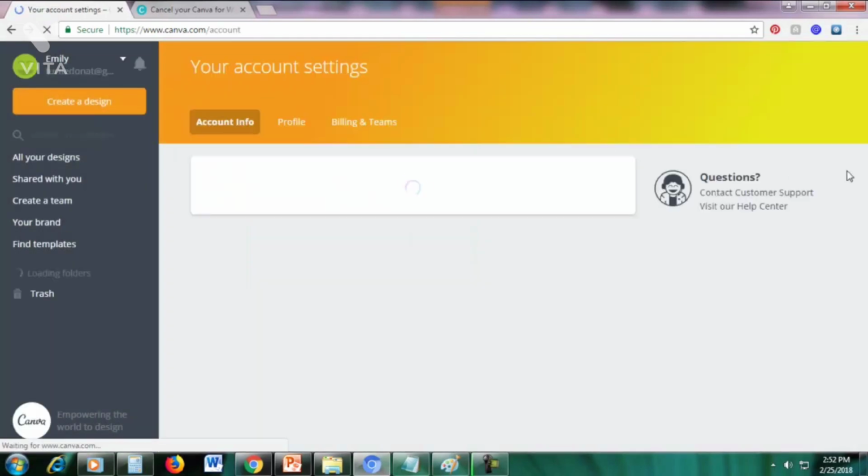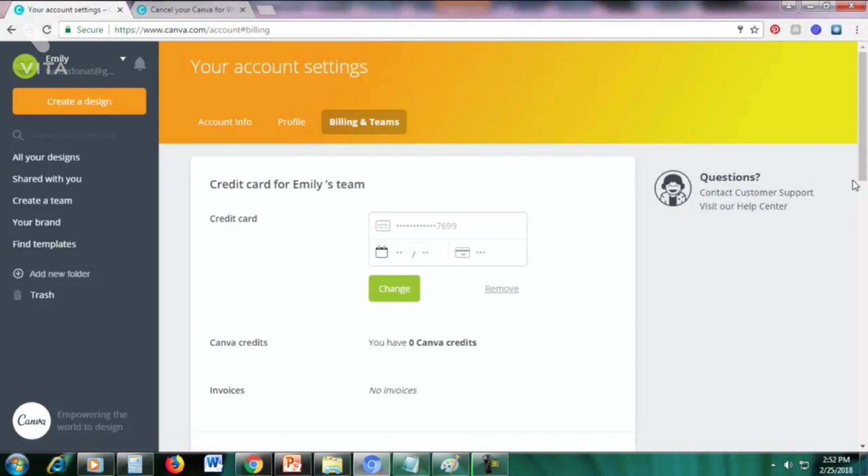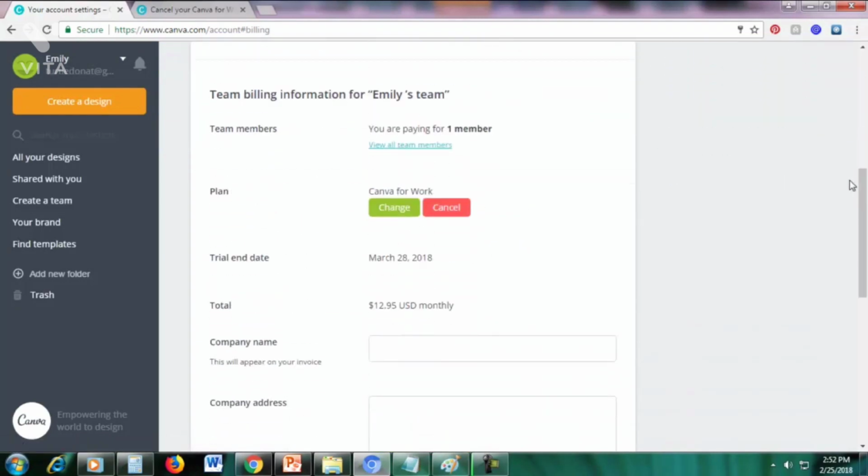All right, just go to billing and teams. Click billing and teams here and then scroll down. Then you can see here the plan, Canva for Work. You can change this or you can cancel. Right now our billing is